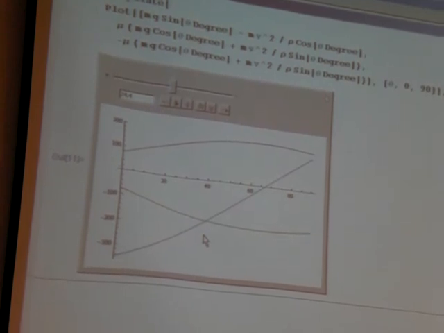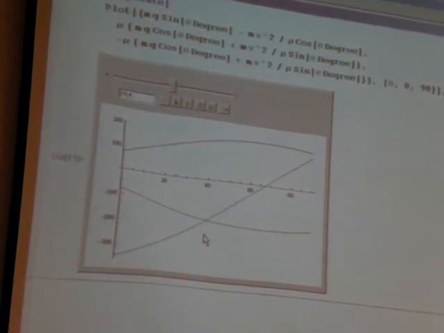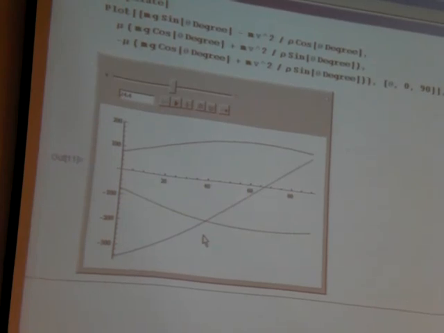Okay. It's a little bit related to topic. Does static friction have potential